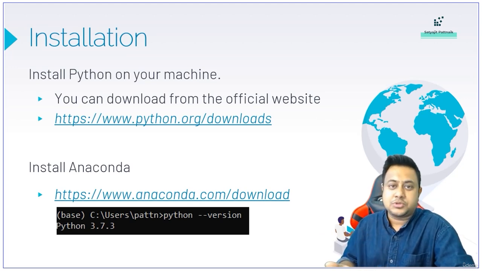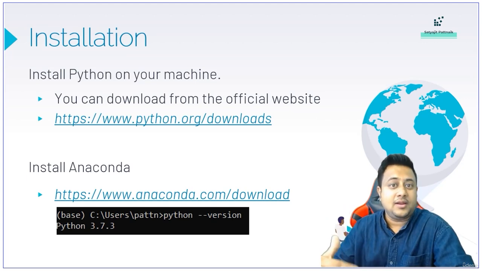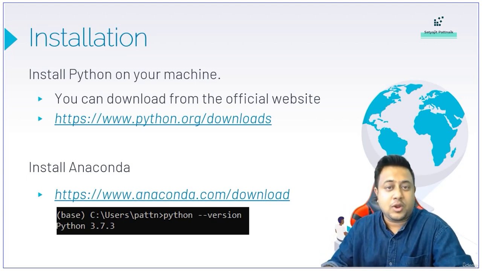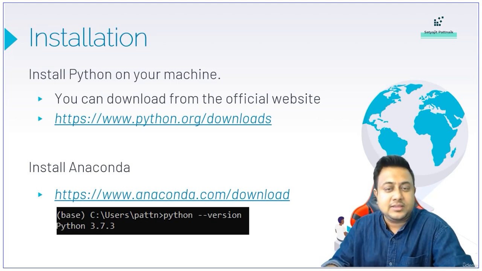Or else another option is to go through Anaconda Navigator. Just search for Anaconda Navigator download and download it. It will download multiple things in a package, so everything will be installed by default. In case your system is not good enough, not having the required RAM or CPU or processor, then you can learn Python from online portals. There are some online IDEs like